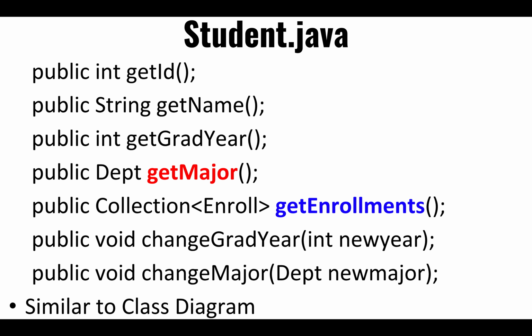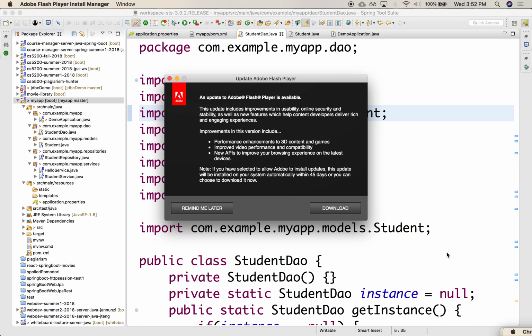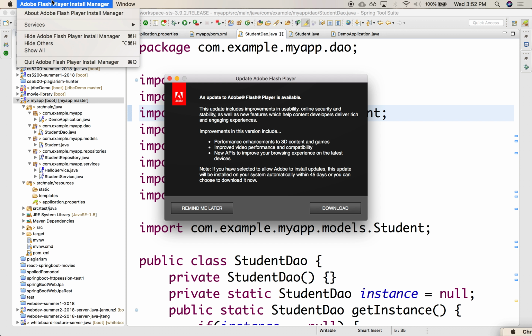Even though this is very reasonable from Java's point of view, we need to think about the implications of needing to implement something like this. What is the implication of implementing getEnrollments, or getMajor? What does that mean? Does that mean that if I retrieve a student instance,